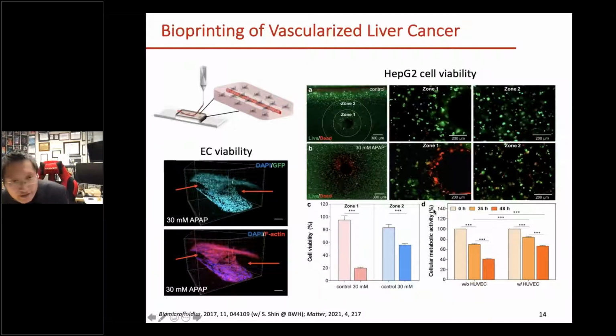So another thing is that not only can you have the matrix in the surrounding that's only having a gel, but you can also embed some other somatic cells into the surrounding matrix, right? For example, here we created a vascularized liver cancer model by encapsulating liver cancer cells in the surrounding matrix. So now you're basically having the channel that's endothelialized, and then the surrounding matrix having the liver cancer cells. So then if you apply drug molecules by perfusion into this endothelialized vascular channel, you can not only see how